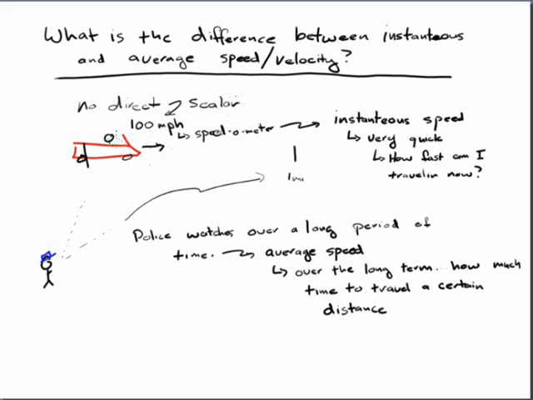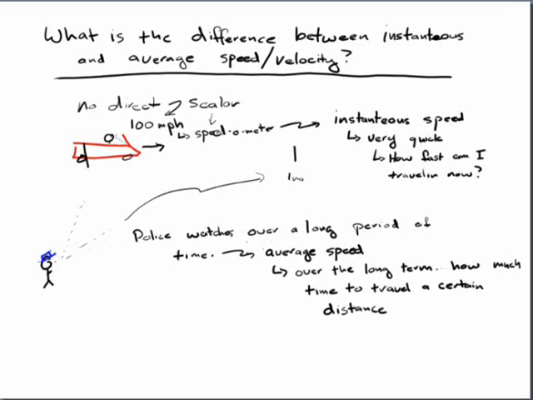And actually, the device that I am looking at inside of my car is called a speedometer. Speed is a scalar kind of number. The speedometer, though, tells me just at this very instant how fast I'm going, 100 miles per hour. You know what? That might change the very next second. For example, if I take my foot off the gas. So instantaneous speed is a very quick measurement. How fast am I traveling right now? You can think of it as one frame of a film. If I just look at the speed in that frame of the film, that is my instantaneous speed.